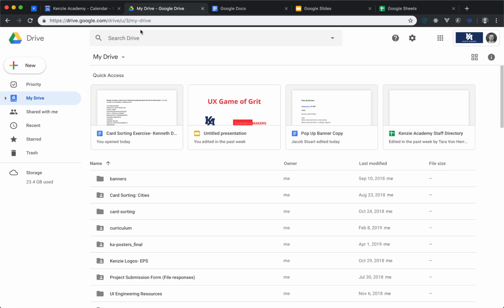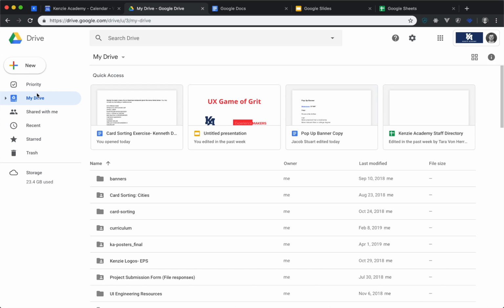So I'm just going to navigate to this tab right here, which is going to show me my Google Drive. Cool thing about Google Drive is all of these files do not live on my machine unless they have to. So monotonous files, oftentimes like spreadsheets or Word documents or presentation documents, that kind of stuff that takes up space, I don't have to use my own computer storage for those types of files. I can just use Google Drive, and they will just kind of live in My Drive folder, which is